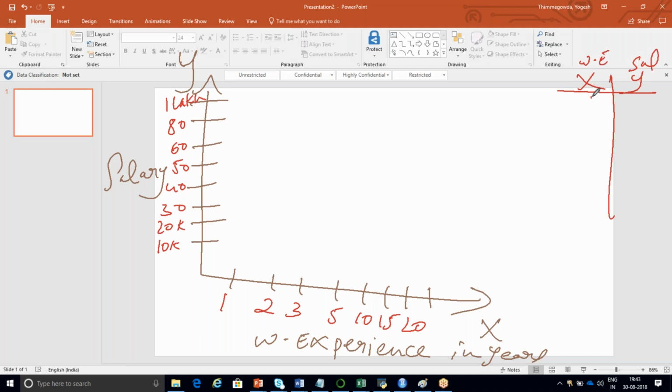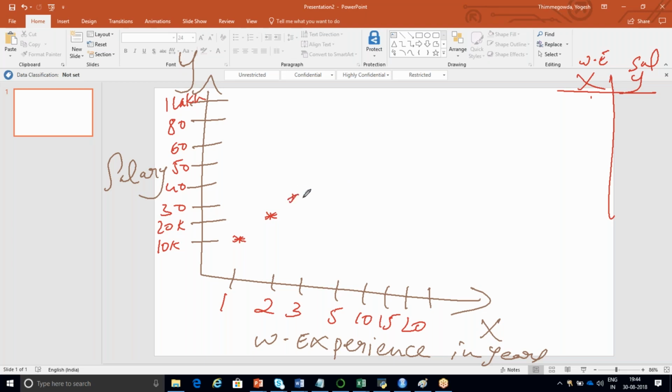Consider that you have 1 year of work experience. How much salary can you expect? Consider that for freshers or 1 year of experience, can we get 10,000 rupees salary? Yes. Now, after 1 year, you will have experience of 2 years. Can I expect 20 to 25K? I want you all to reply yes or no at least. Yes. Okay. Now, you have 3 years of experience.